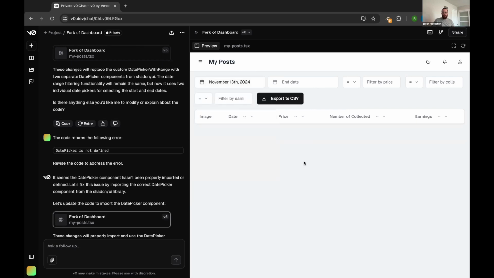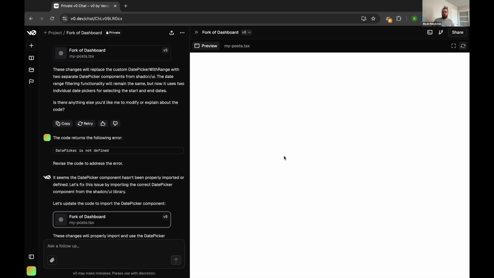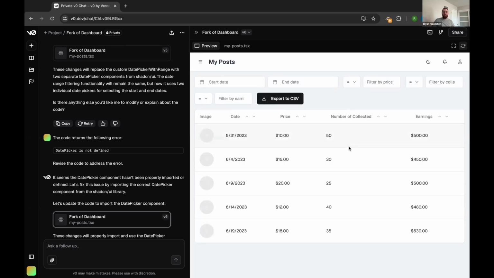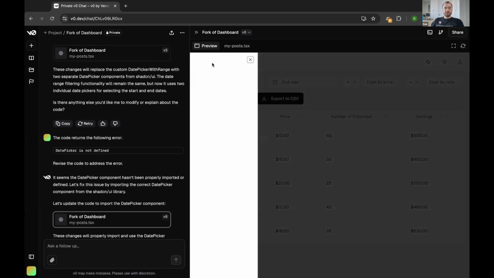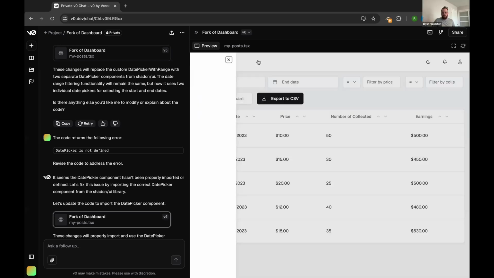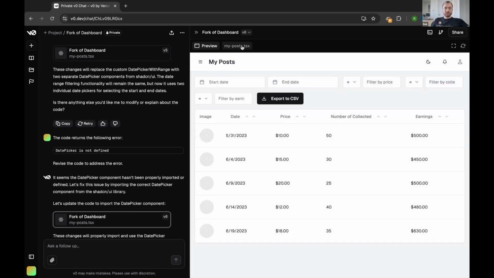So I think from here, what we would do is we would fork all these pages for the other pages. Basically, the My Collections page and the My Collectors page is just another table, right? Yeah. So we would just fork these pages. We still need to fix the menu. I think we need a little bit of polish on some of these input fields, but